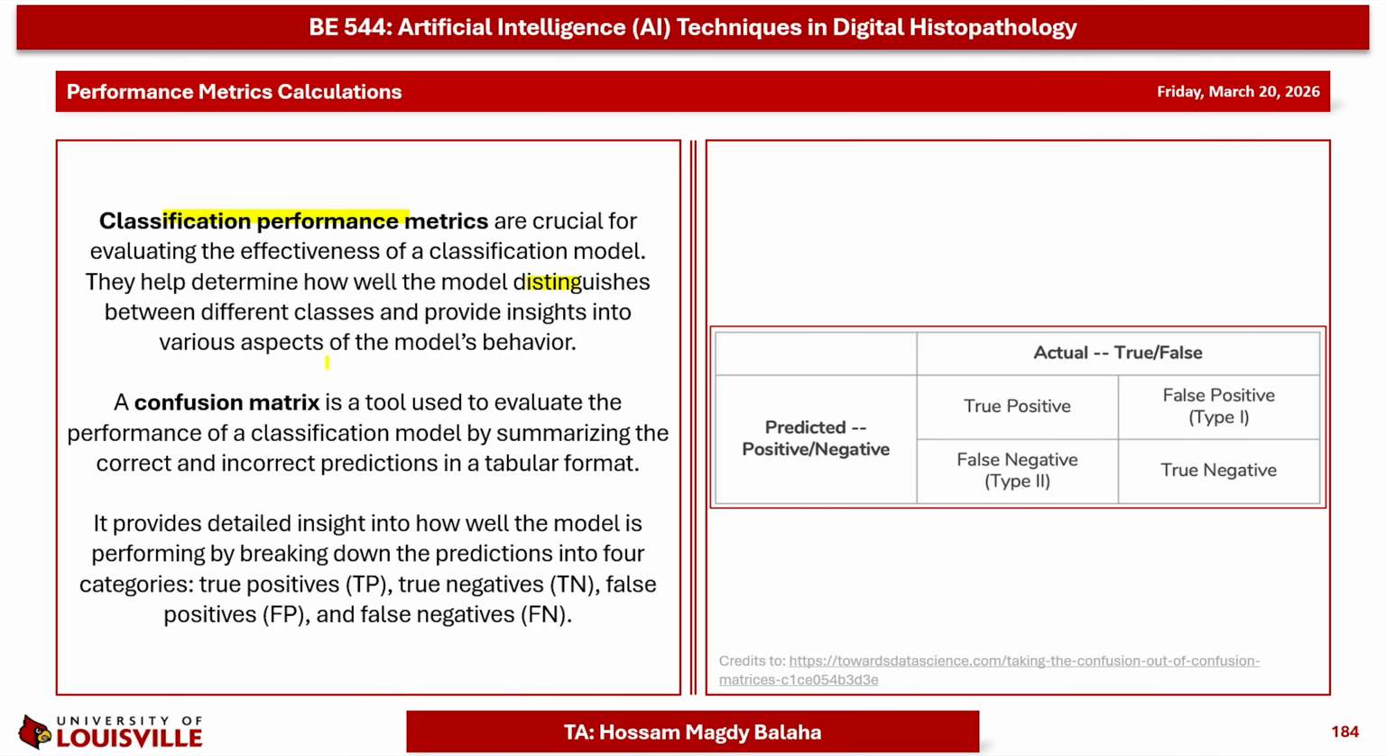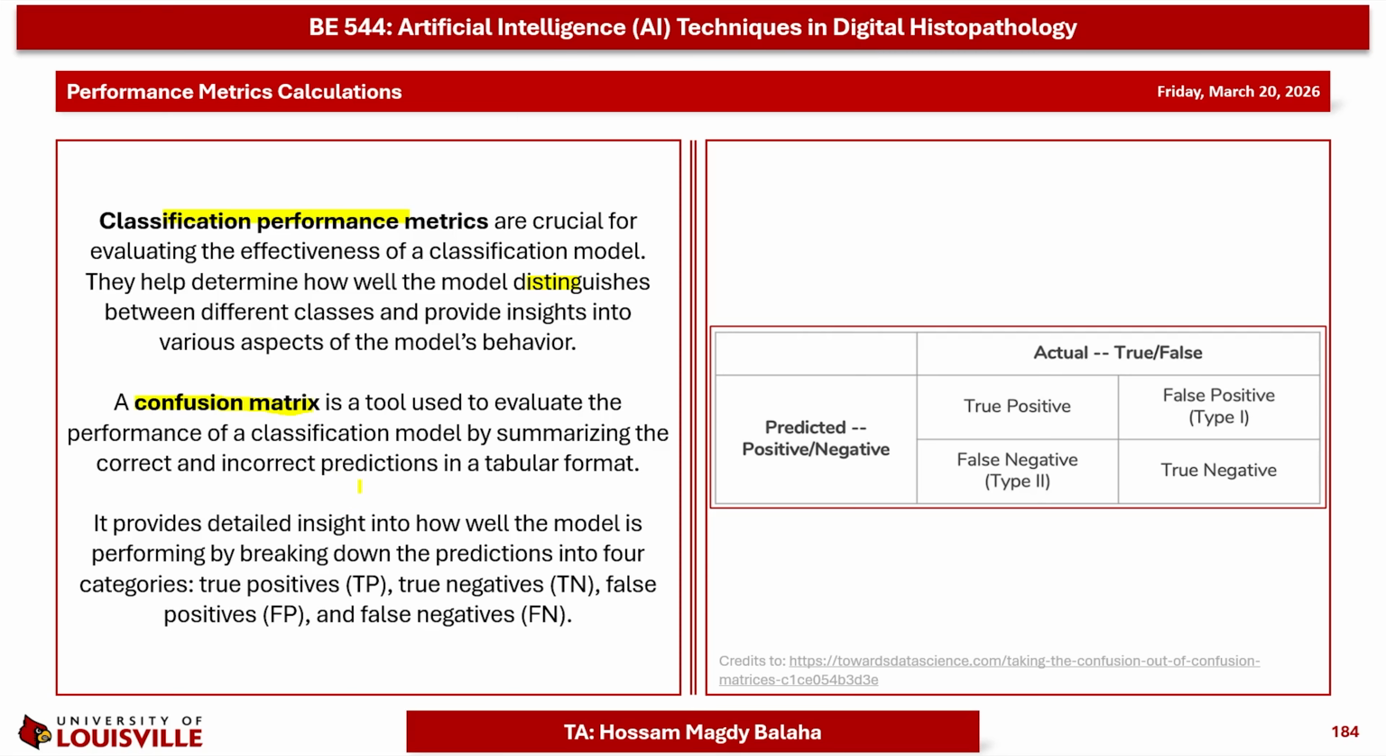To do so, we can use something called a confusion matrix. The confusion matrix is a tool which is used to evaluate the performance of a classification model by simply summarizing the correct and incorrect predictions in a tabular format. We also introduced that in the previous couple of lectures, where we plotted the confusion matrix and emphasized that the aim is to get the highest values in the diagonal. But now we will understand how to build that confusion matrix,